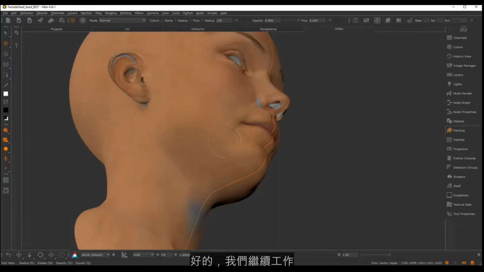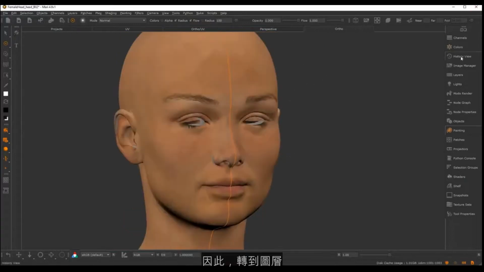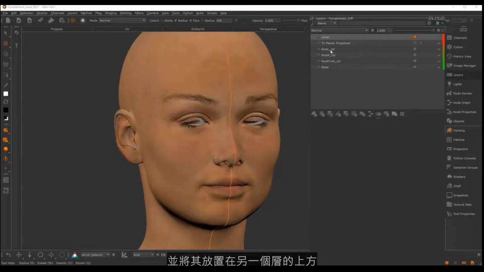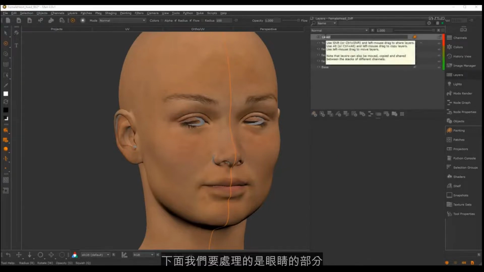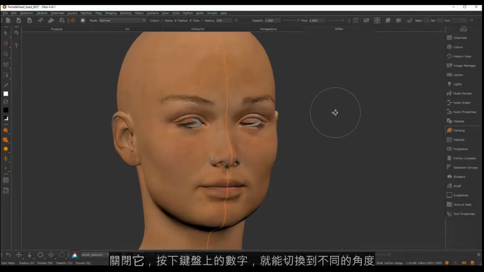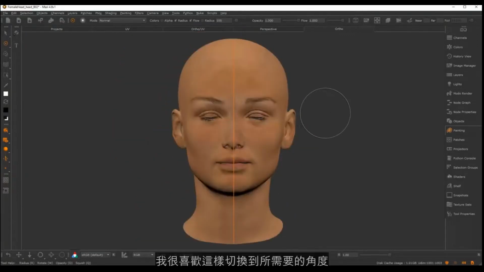So, I'm not going to bother doing this blending here, but we have gotten a nice amount of coverage happening. So let's go to layers again, and let's create another layer, and I kind of just stack on top of one another. And here I'm going to say eyes. Close that. Now the numbers on your keyboard are going to snap to different angles,